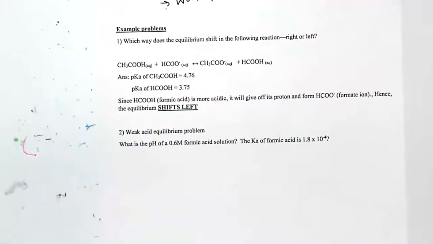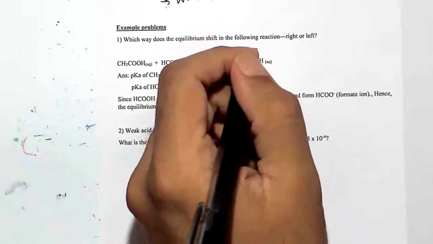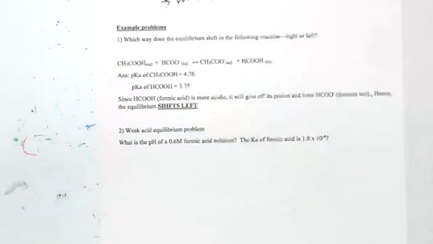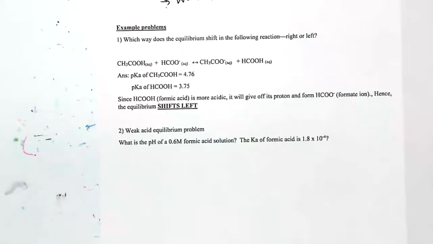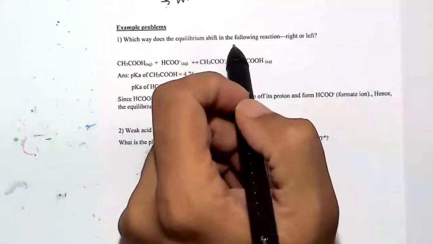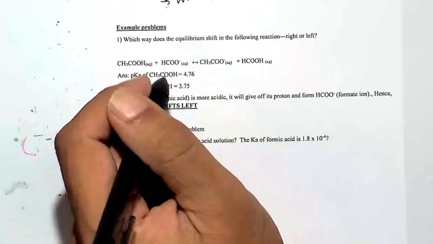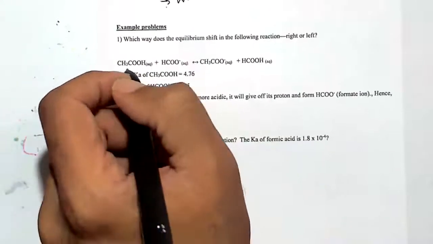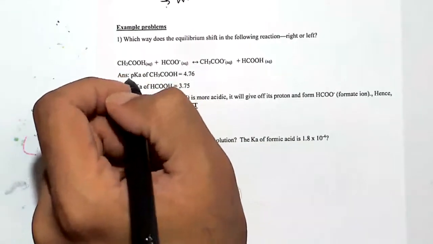All right, so let's do some problems here. This is acid-base chemistry, and I think I should be able to finish this chapter today. So, yeah. All right, so which way does the equilibrium shift in the following reaction, right or left? So let me tell you what's happening here. This